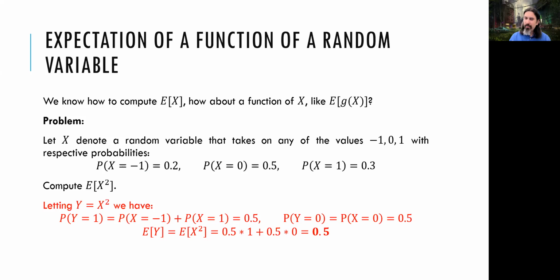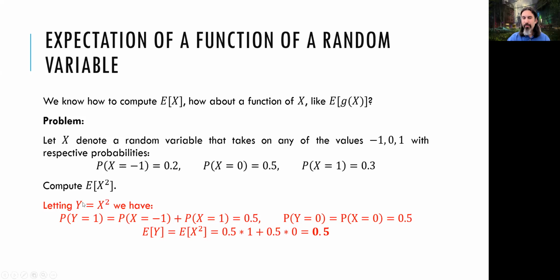Now, we have a function of X. We have to find the mean or the average, or the weighted average, or the expectation of that function of X. Now, in here, we start with a simple problem. We have an X random variable which can take values of -1, 0, and 1 with those probabilities 0.2, 0.5, and 0.3 once again. Now, it wants us to compute the expectation of X square. Now, X square is a function of X. It's a function of the random variable. So I will just define X square as Y, a new random variable.